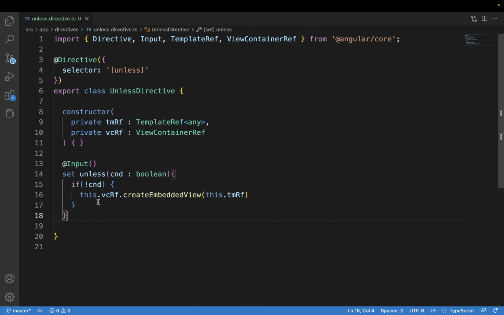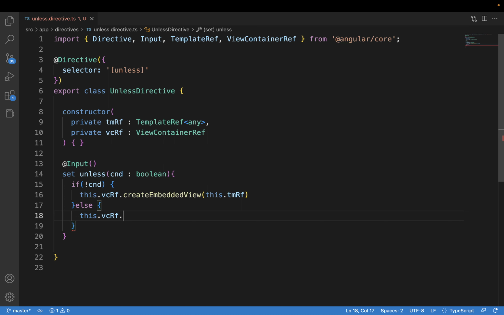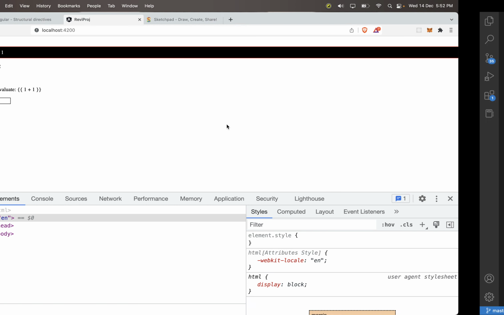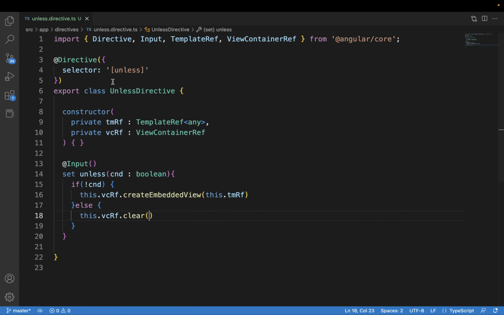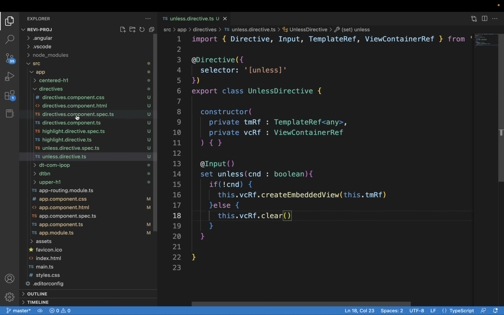Otherwise we need to clear, else this.vcRef.clear. So one place has been allocated inside this complete view. So I told you over here, Angular creates one view object out of all these things,